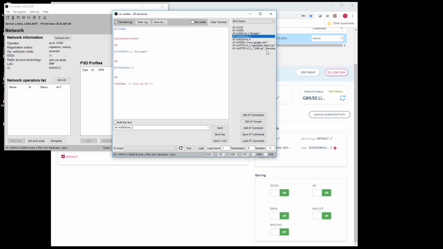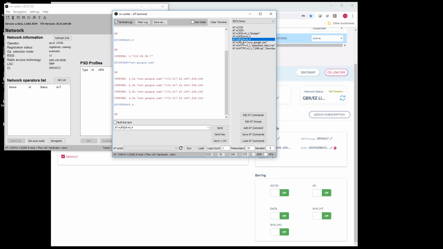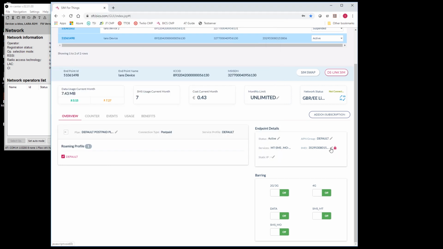Next, let's configure an APN and establish a PDP context. So in this case, the device is connected, it's got an IP address. If I start a ping, you can see you can ping away at Google. So I've got data connectivity for this device. So let's close down the PDP context,